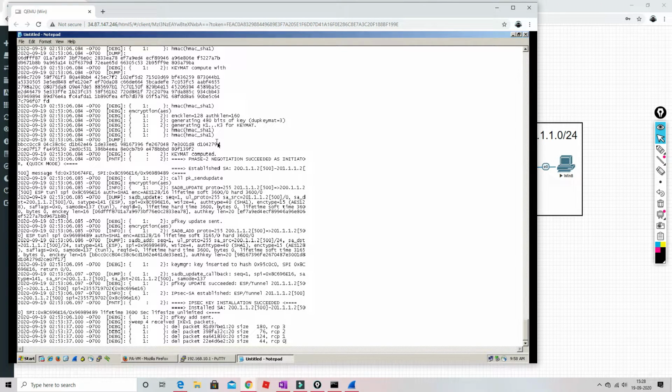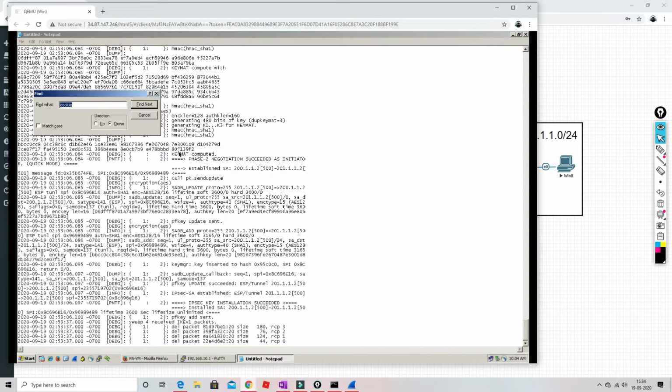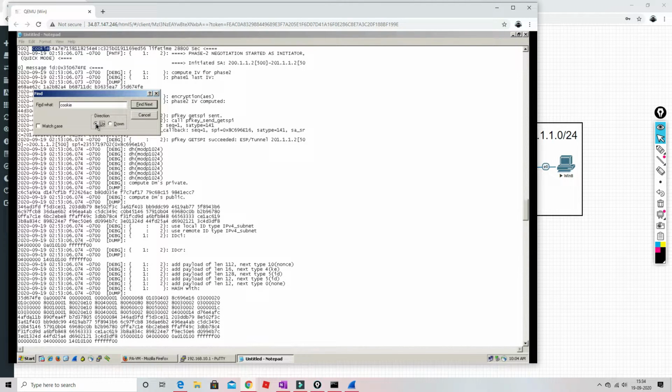and here you need to find two messages. Okay, so in this log what we need to find out is the cookie ID. So we have to type cookie. Okay, it should be on the upside. So yeah, we'll try to check the another one which is 7A something like that.